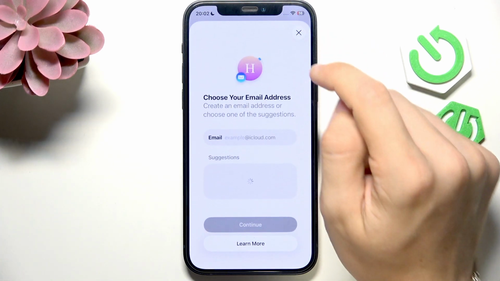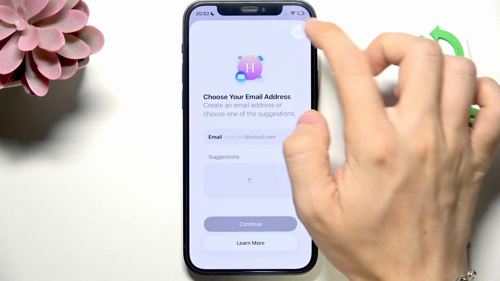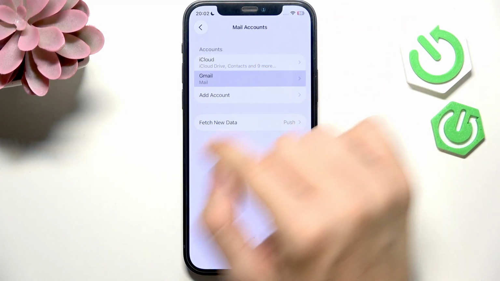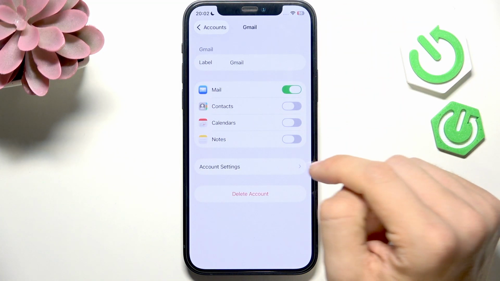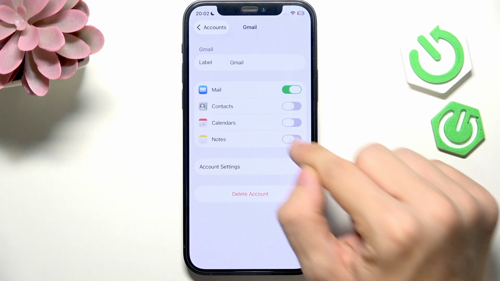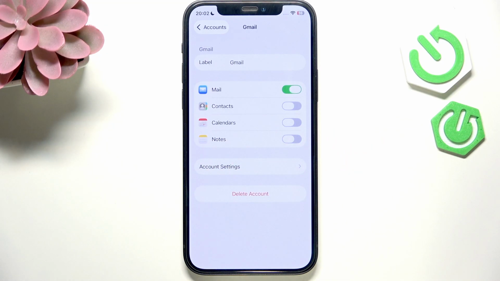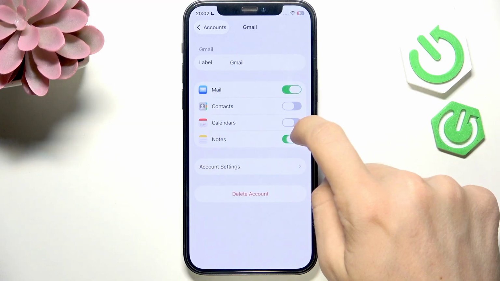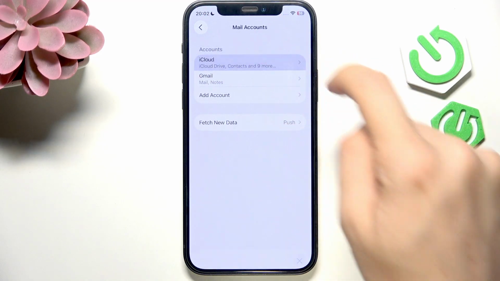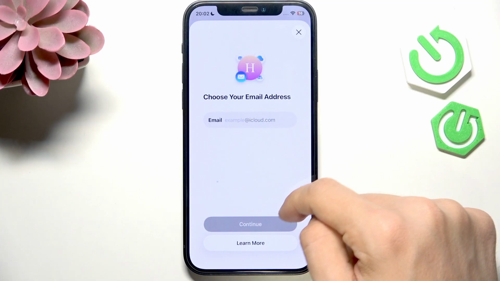So let's go to, for example, iCloud. Maybe not iCloud because that's a little more complicated. Let's go to Gmail. Here you'll have notes. Make sure they are enabled, and now notes from your Google account will be synced into the Notes app. Like that. Now in iCloud,